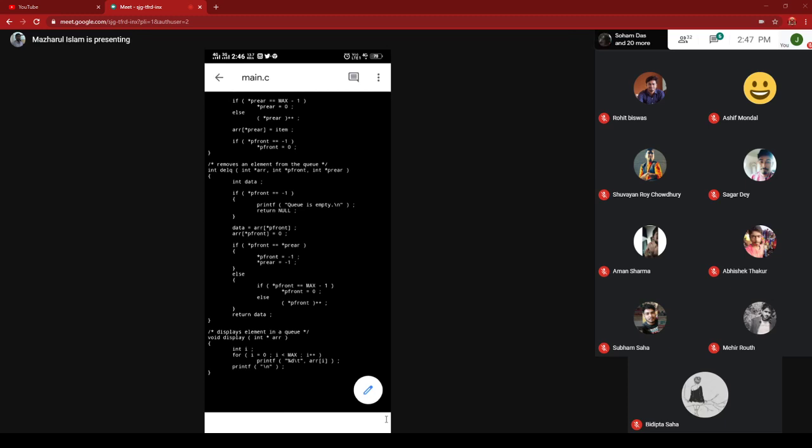Is this okay? Okay, sir. Try to understand each and every block of code. If you wonder why a condition is there, you can ask me. This is a circular queue implementation. Now, if you want to display it, just navigate from the first location of the array to the last location. Starting from i equal to 0, i less than max, i plus plus, you are navigating the array and printing. That means the display function. This is the circular queue implementation.